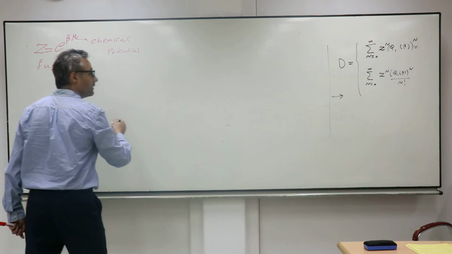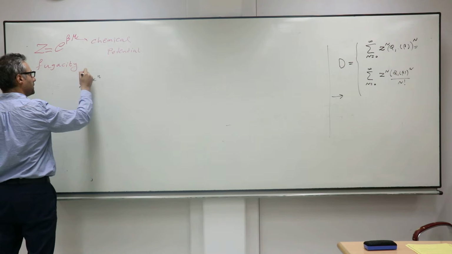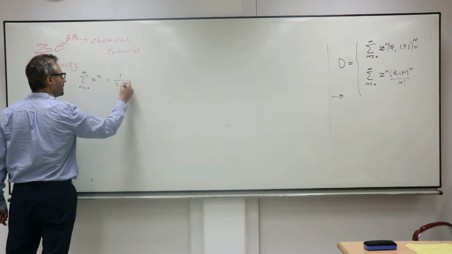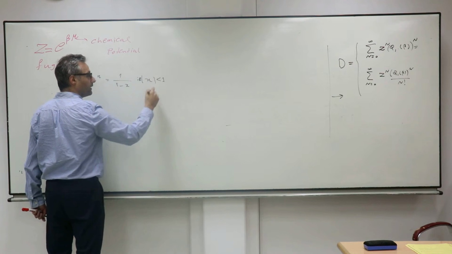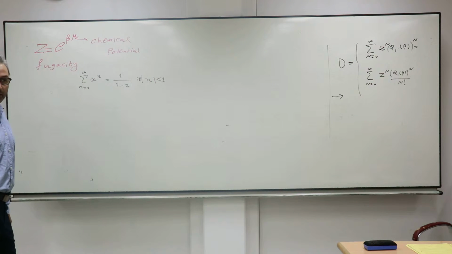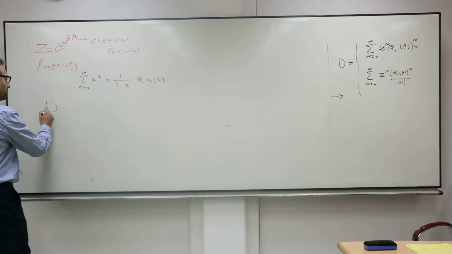In mathematics, the sum of x to the n, n from 0 to infinity, equals 1 over 1 minus x, if and only if the absolute value of x is less than 1. Only. You have this here, exactly this here. So the partition function for